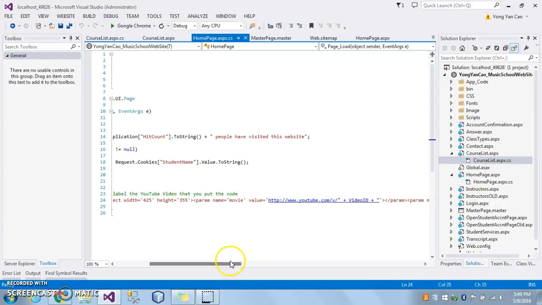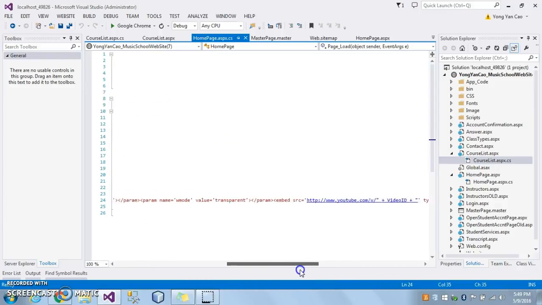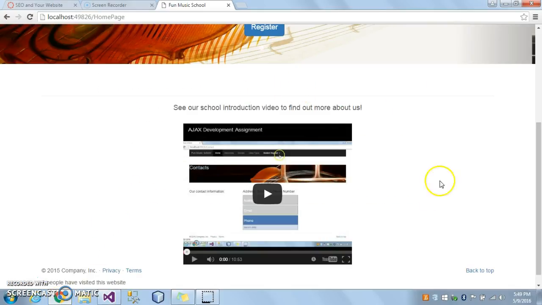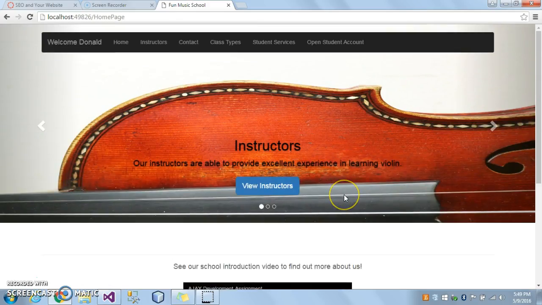So it has the name and then the link to the web page, and then the size, such as the width, the height, things like that. And then I also put the video in the middle of the page